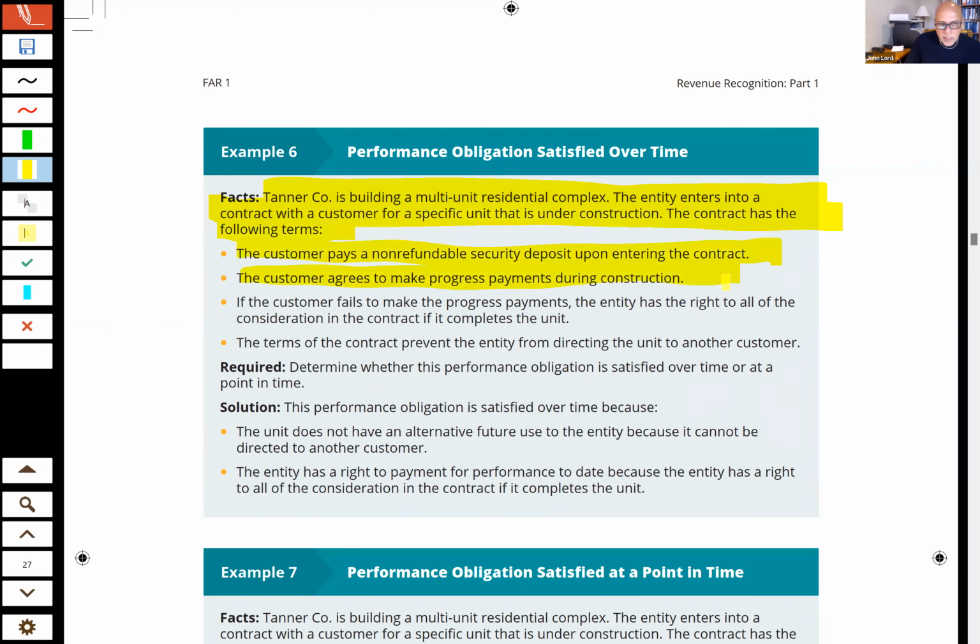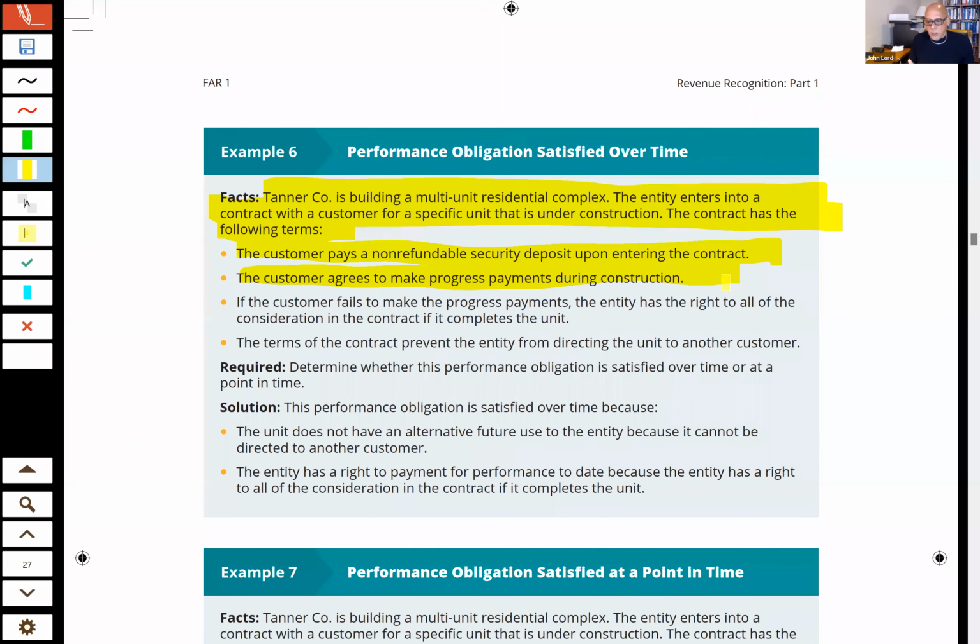Okay. If you're buying a house in a tract that isn't a custom built house, you don't make progressive payments. You wait until everything is done, the house is ready to take over, and that's when the transaction and all the funds get transferred. If it's a custom house you've contracted with somebody to build, then what? They're probably going to expect payments over time. So when you think of this obligation satisfied over time, think of more of a custom type of item, as opposed to a unit where you don't own that until it is completed, like a tract home.